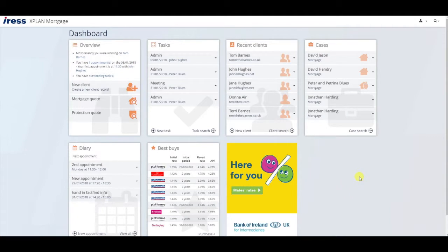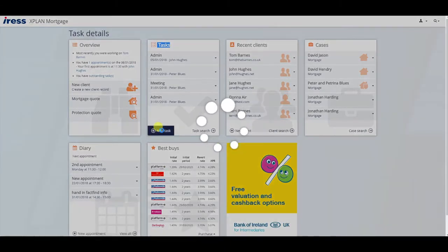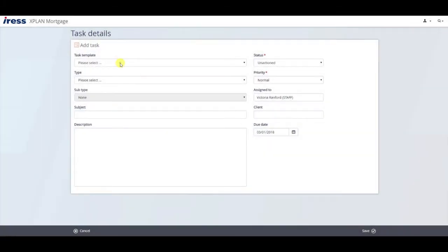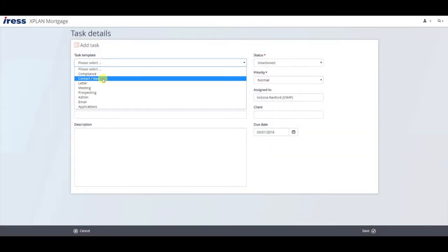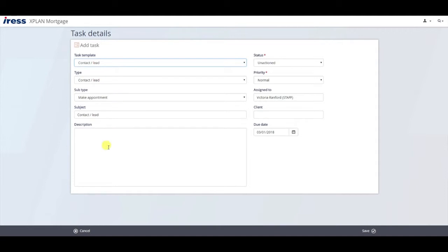There are two ways to create tasks within XPlan Mortgage. The first is from the main XPlan Mortgage dashboard. From the tasks tile, if I select new task, all I need to do is key in the details of the task. So if I say contact to make an appointment, so let's say make initial appointment with client,